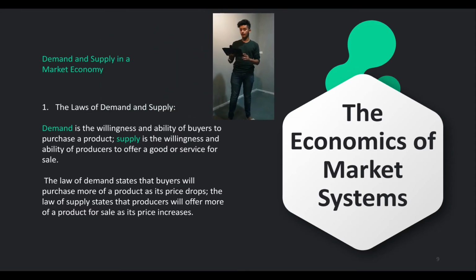The first one is the law of demand and supply. Demand is the willingness and ability of buyers to purchase a product. Supply is the willingness and ability of producers to produce a product. So basically demand is people wanting the goods, and supply is producers producing the goods. The law of demand states that buyers will purchase more products as the price drops. So if the price is low, sales will remain high. But if the price is high, sales